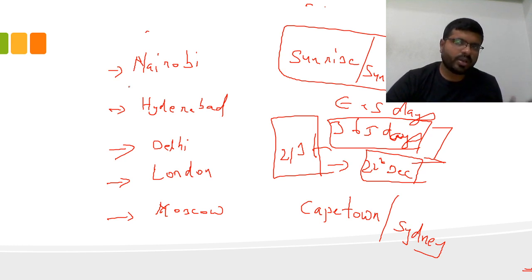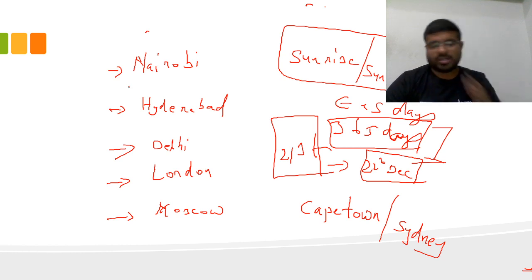So that is 13.5 hours of day and 10.5 hours of night. Total is 24. Then Delhi, then London at 45, 15 hours of day and 9 hours of night. Moscow 18 hours of day and 6 hours of night. So the sun rises at around 4 o'clock in the morning and sets around 11 or 12 o'clock, somewhere like that.